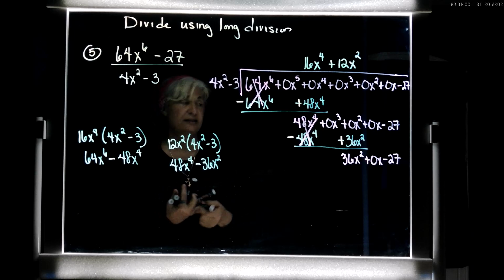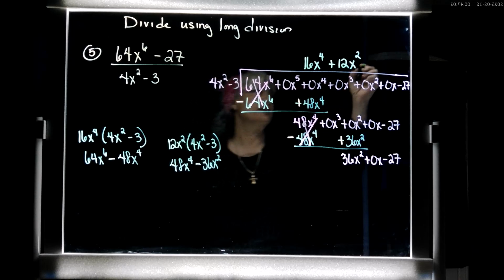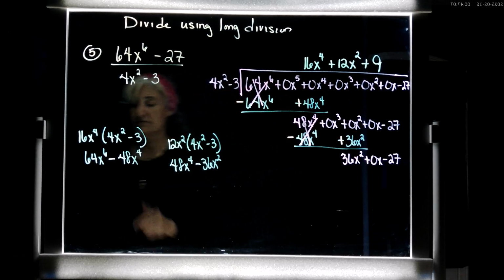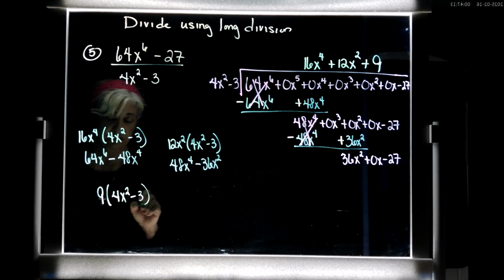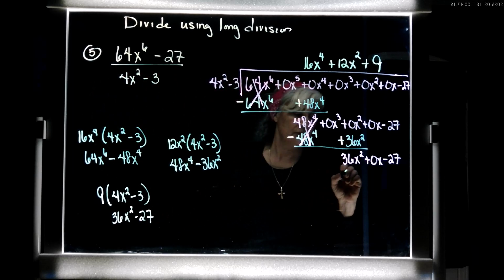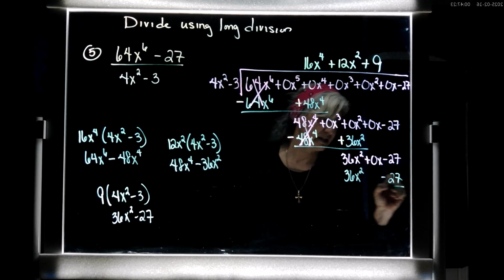Okay, let's see. Start again. So I need a positive 9. And I don't need any x's because I have an x squared and an x squared. So let me do my multiplication. So 36x squared minus 27. Like terms under like terms. And then I get to